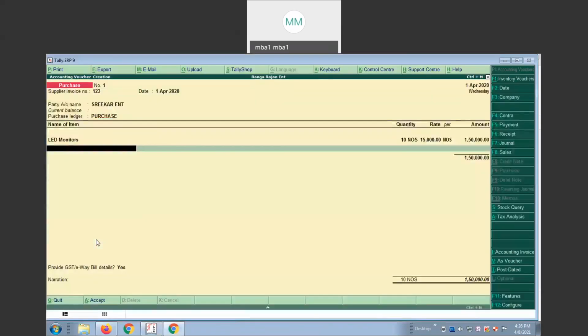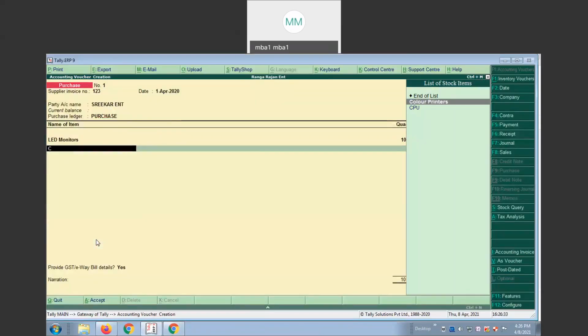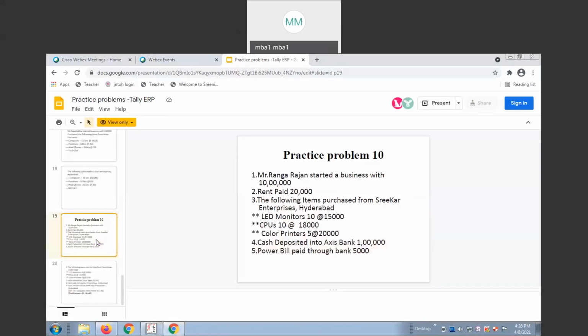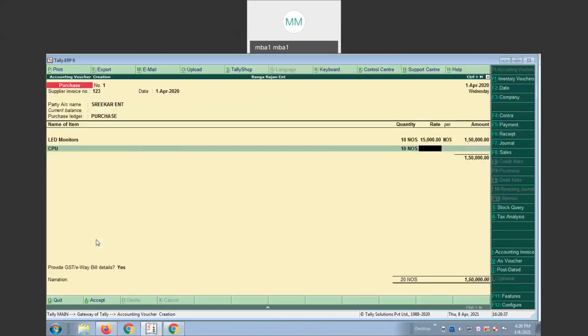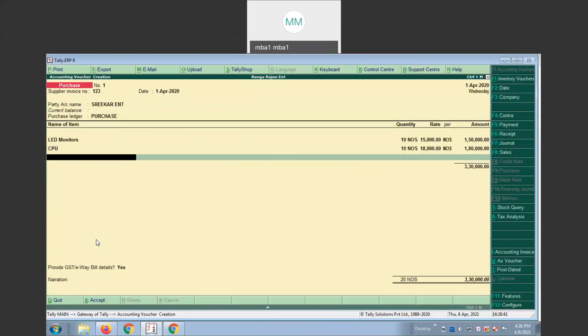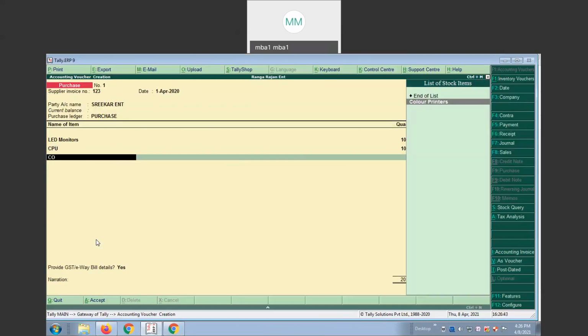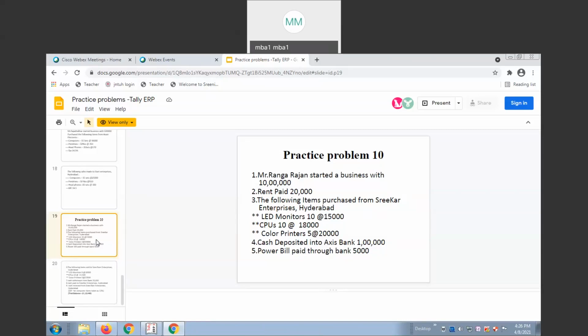After LED monitor, CPUs. How many CPUs purchased? 10, each 18,000. And color printers. How many color printers purchased? 5, each 20,000.